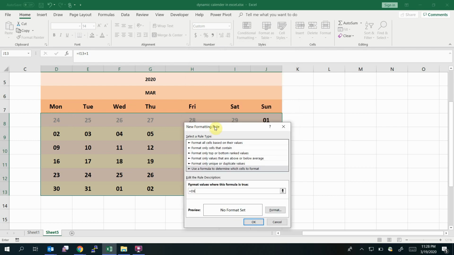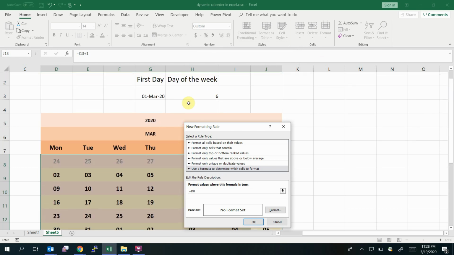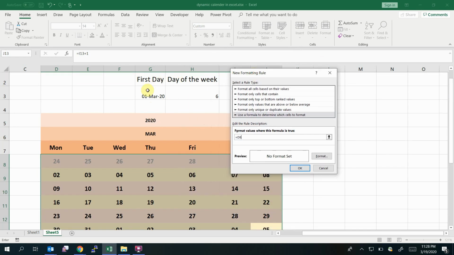Now, we have this value right here. I'm going to find the end of this month. This is the 1st of March, the starting of the month. Similarly, I should have the end of the month value. For that we have a function, and they should be greater than the end of month. It takes two values: one, the date value, and for now you just put 0. Okay, and now format the